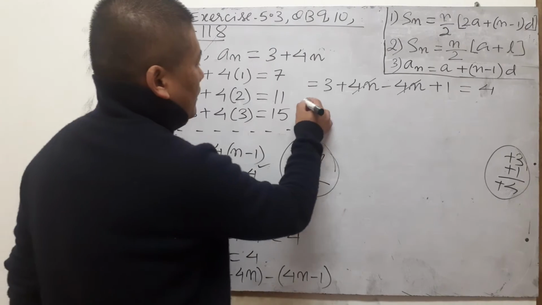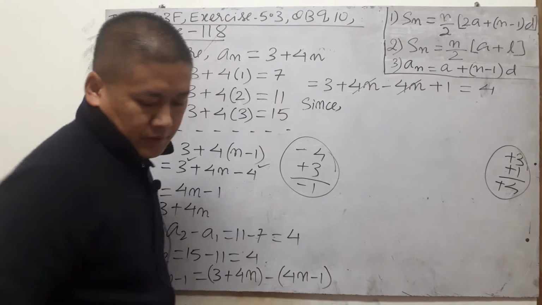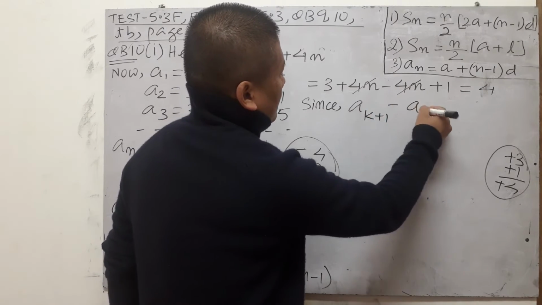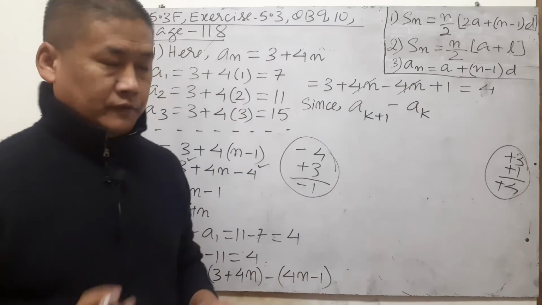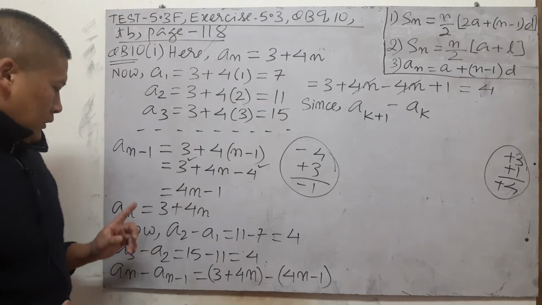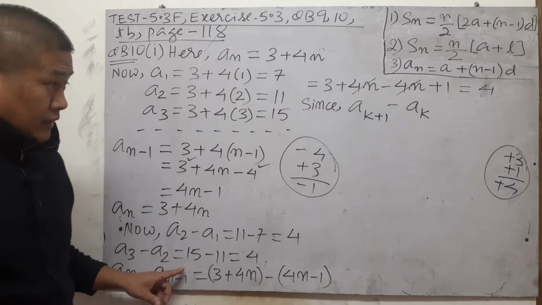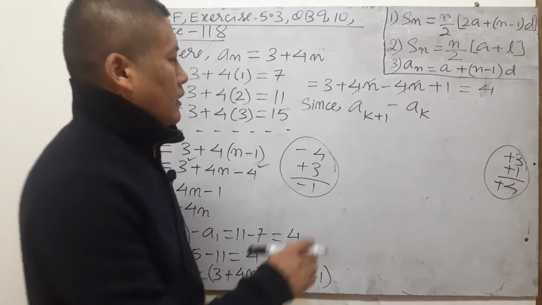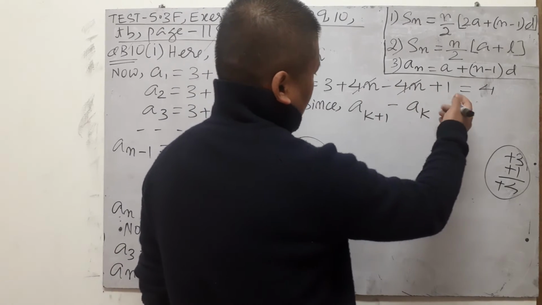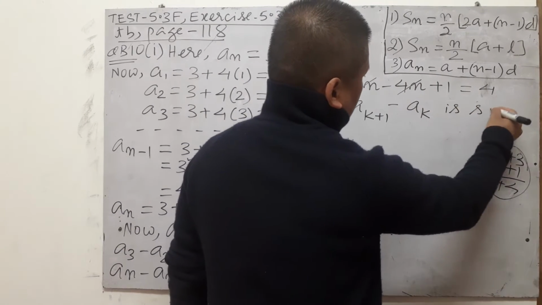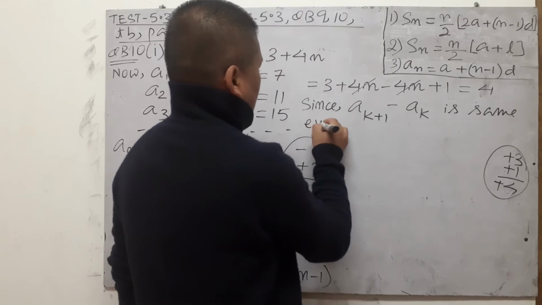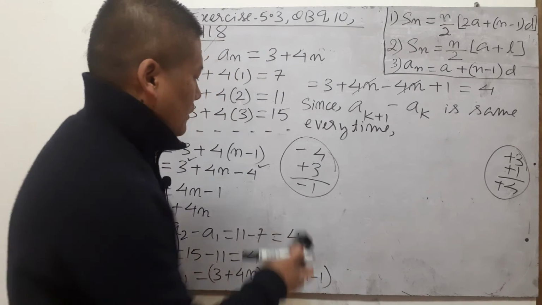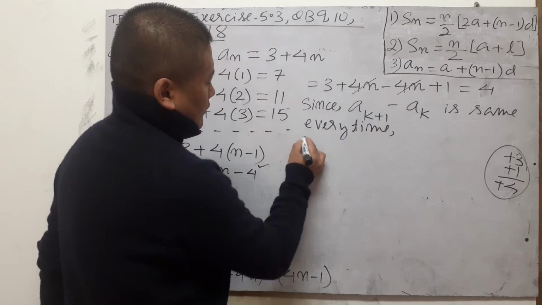Here, we can write a(k+1) minus ak. This is the general expression for the common difference. a2 minus a1 or a3 minus a2, all of those are represented by a(k+1) minus ak generally. So since the value of a(k+1) minus ak is the same every time, because of this reason, therefore